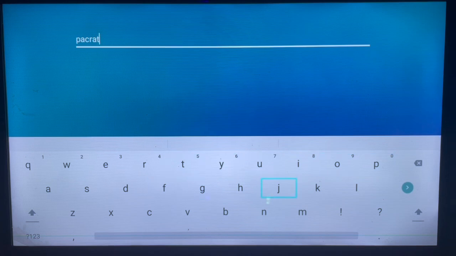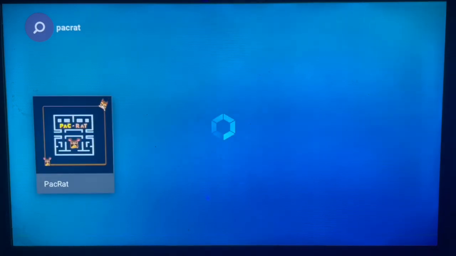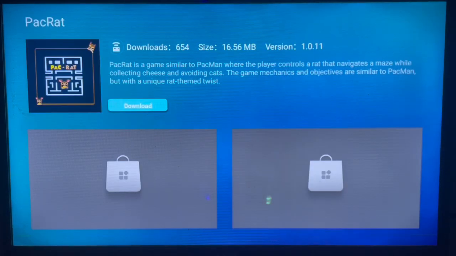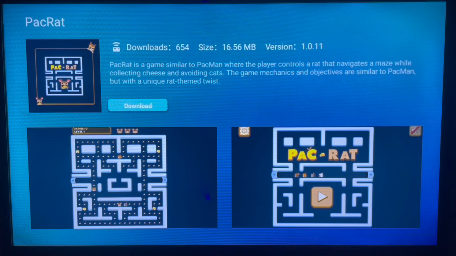or PacRat, whatever you call it, and you click on search. Once you click on search, the application is going to pop up and you can go ahead and just click on download. The application will download it straight away to your